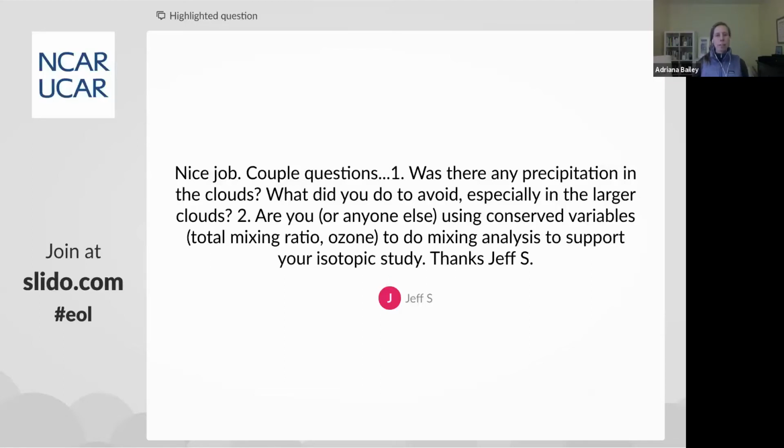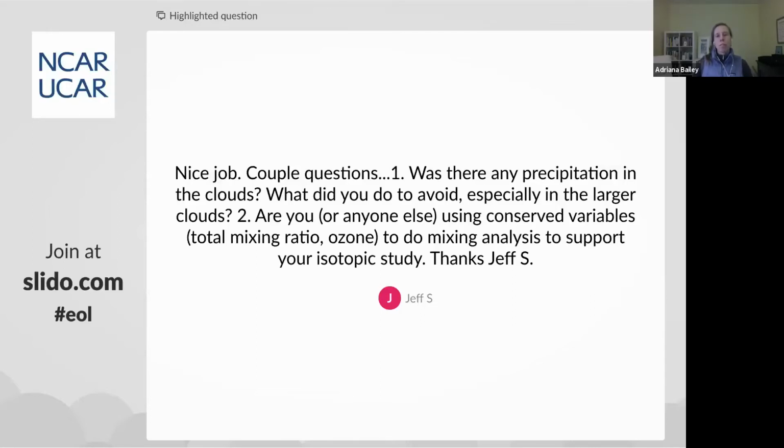As far as other conserved variables, we currently don't have the total mixing ratio, at least for the beginning flights, and we also don't have ozone. My sense, having looked at some of these quantities in other places like Hawaii, and to be really honest, is that the isotope ratios do a better job. They're not conserved in the same sense, but then neither are things like ozone, which gets affected by photochemical processes.